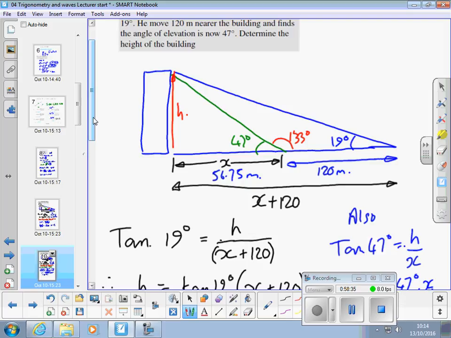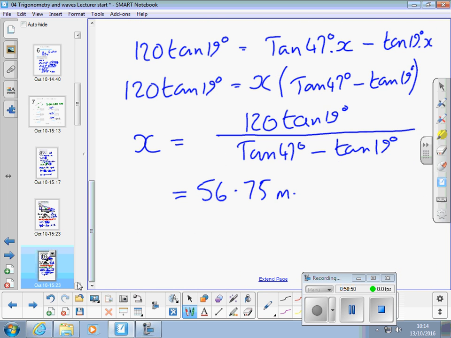We've now got the adjacent side, the angle 47 degrees, and the unknown height h, so we can use the tangent, can't we? Tan 47